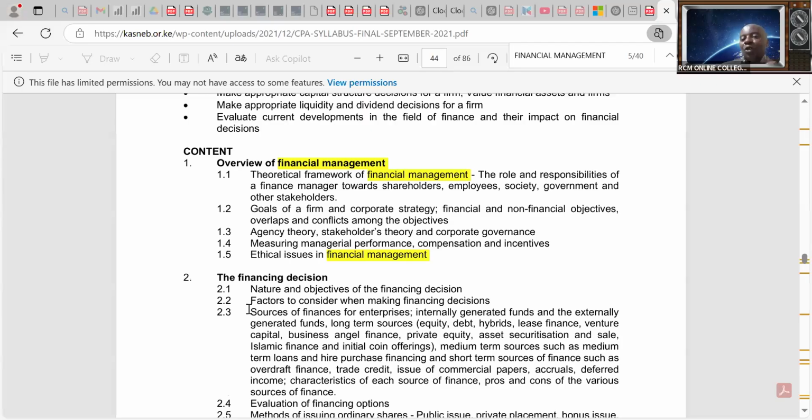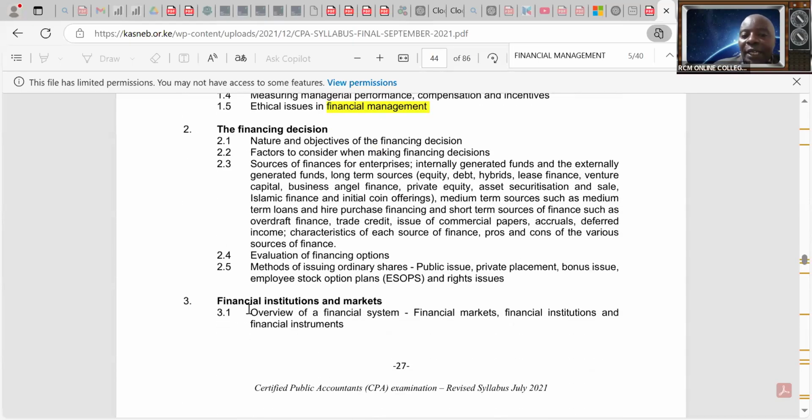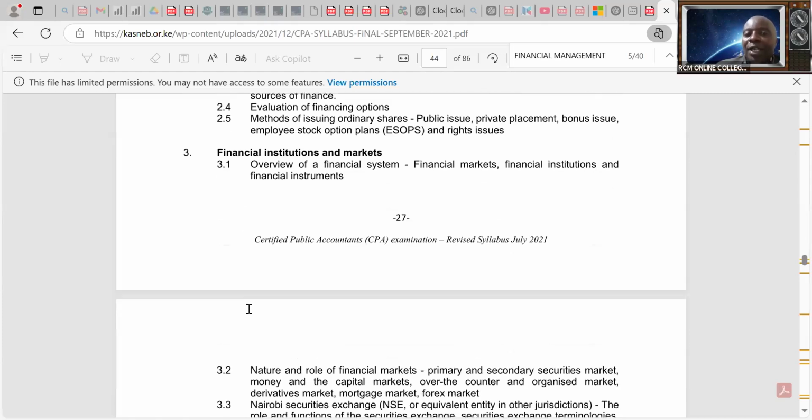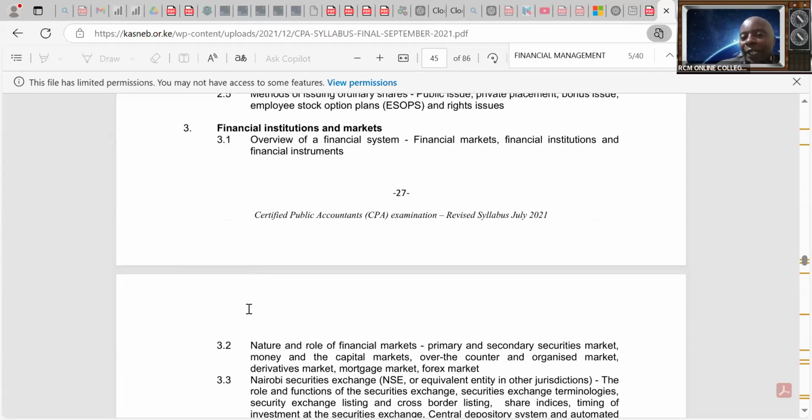So if you look at this paper, it is a great paper, financial management. Already with you, I've been able to do topic number 1 and topic number 2 complete. Now I'm doing topic number 3 with you. In this particular class, I've been able to do the first 2 topics exhaustively. So today we are doing topic number 3, financial institutions and markets, overview of a financial system, financial markets, financial